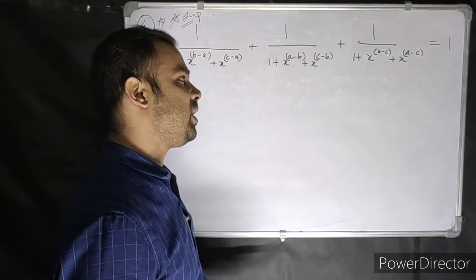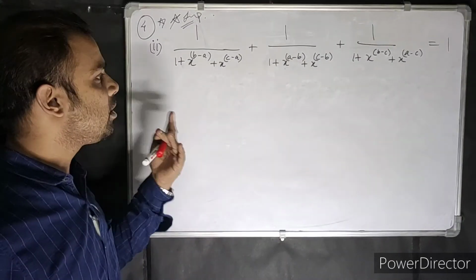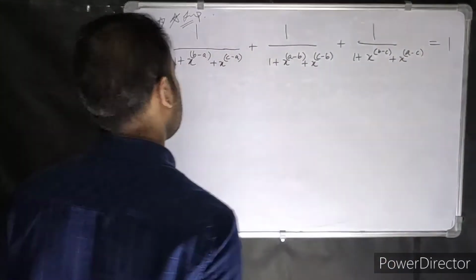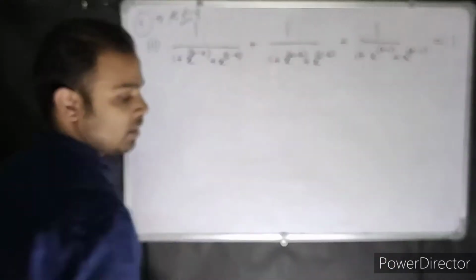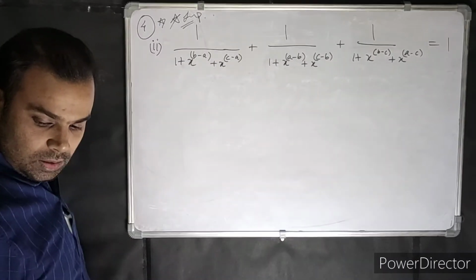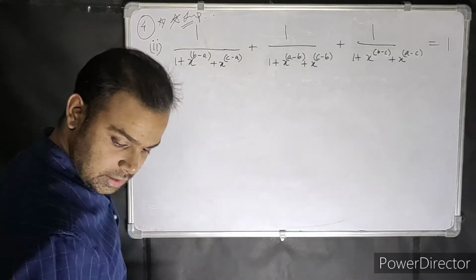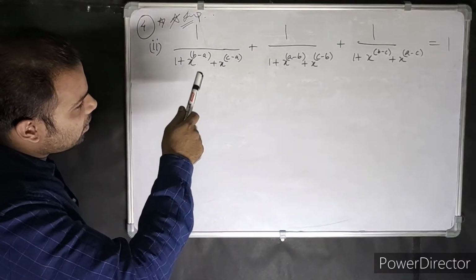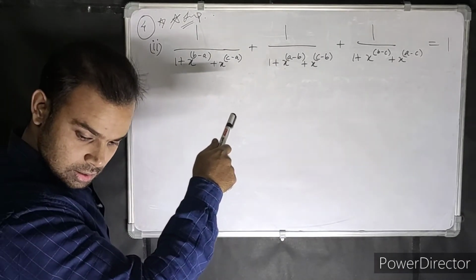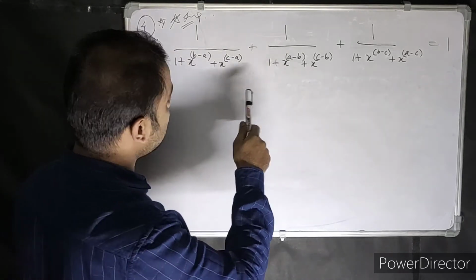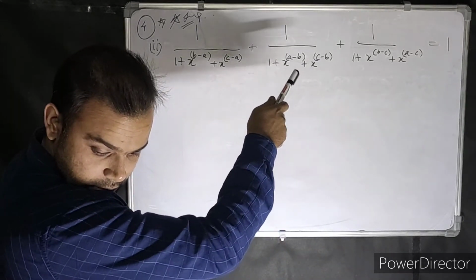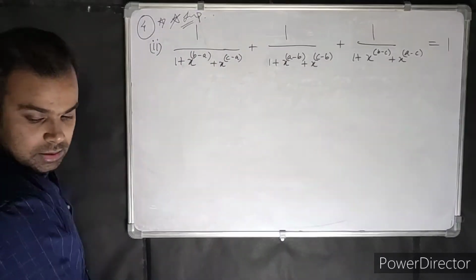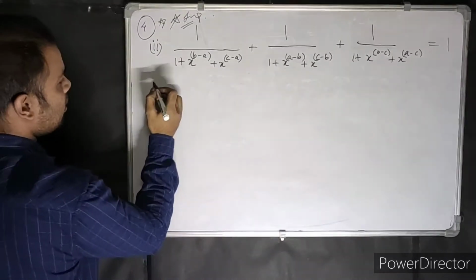I have seen these types of questions. So if you think this question is important for you and you want to know how to do it, this is how you do it. Mark it important, but let's go ahead. Let's see if I copied correctly: 1 by 1 plus x to the power b minus a, plus c minus a, a minus b, c minus b, b minus c, and a minus c. All correct. So let's start.